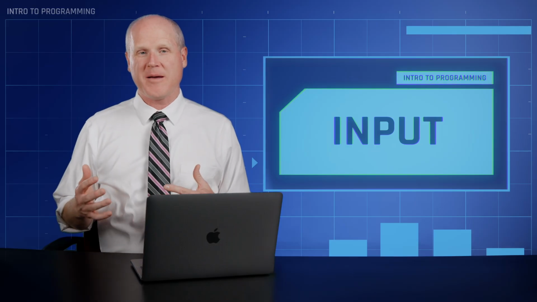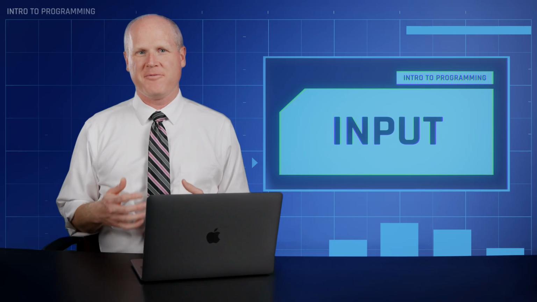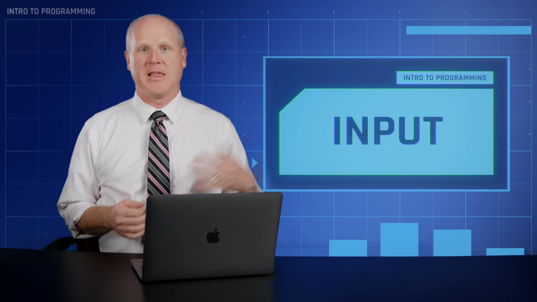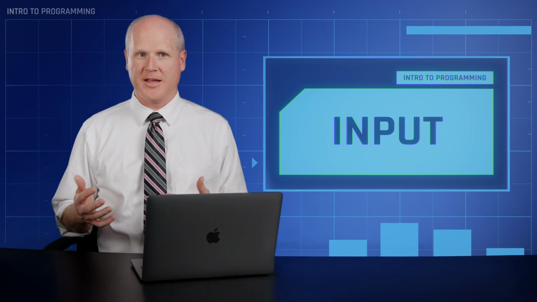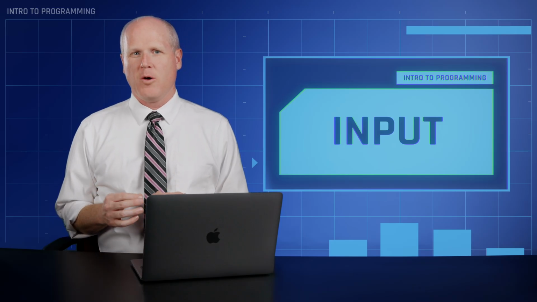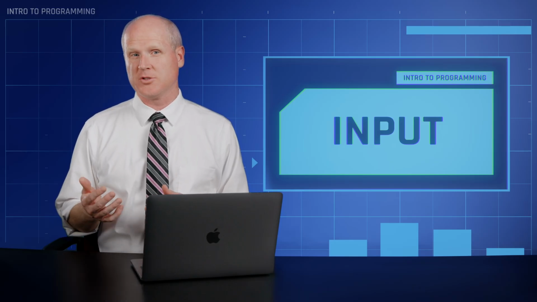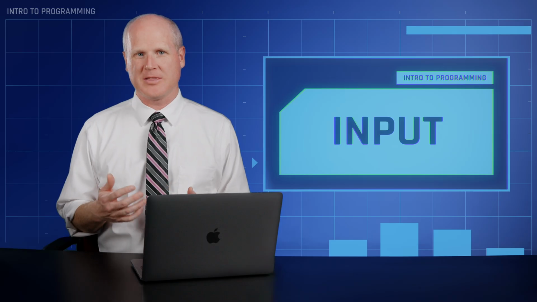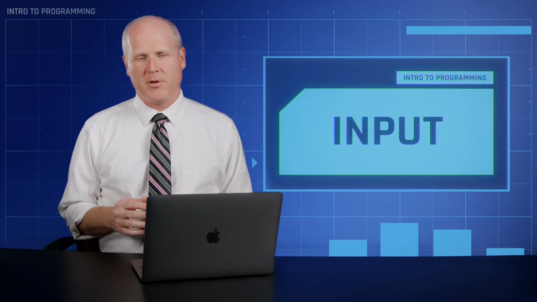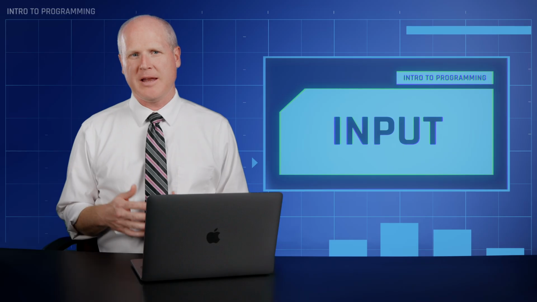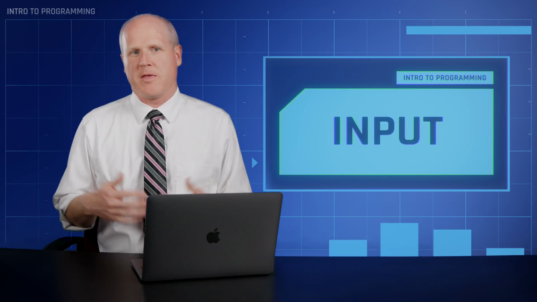Almost every program you write will need to get information from another source, like the user, or a database, a sensor, or the internet. In this video, we'll talk about how to get it from the user, which means the person who's sitting at the keyboard who's running your program. For example, a vacation planning program might ask the user where they live and where they want to go on